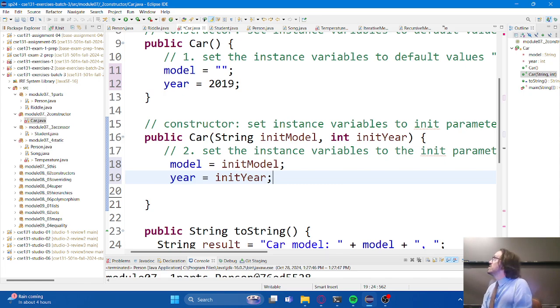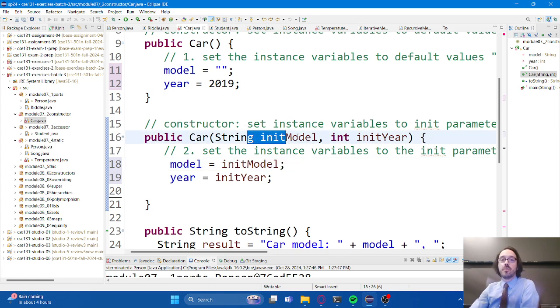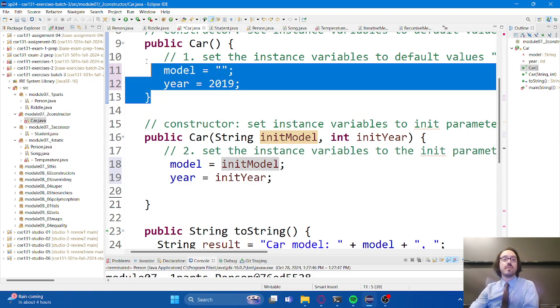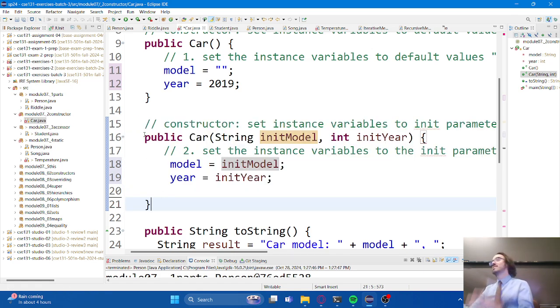The biggest decisions that you have to make when writing constructors are, where does the right-hand side of the assignment come from? Does it come from a parameter? Am I just hard coding it to be some value? Those are your two main options. Keep in mind, though, that what I'm defining here are constructors. So I will never use both of these constructors at the same time on the same car.